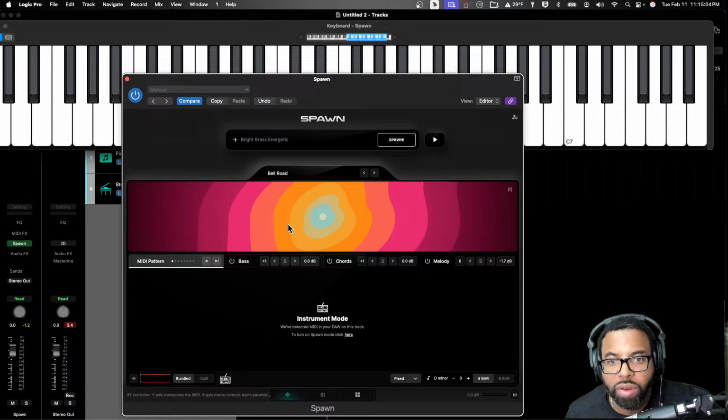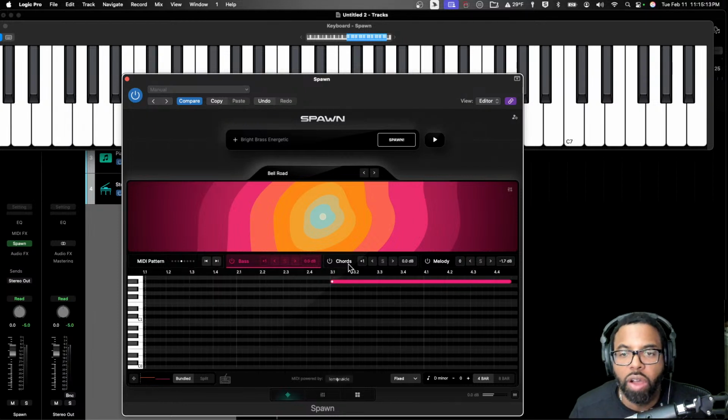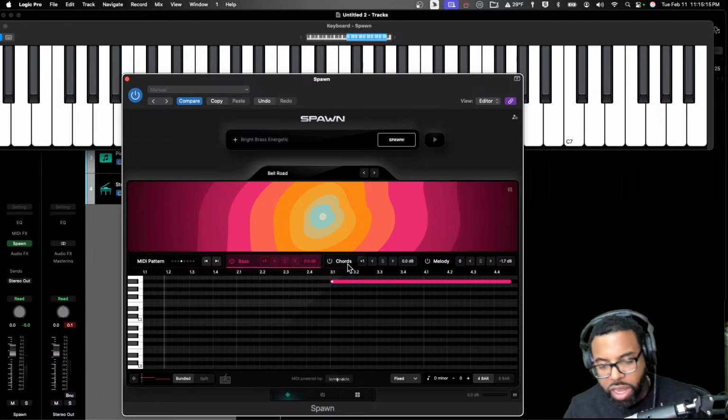I'm not seeing patterns. Let me go to pattern here. So we're in instrument mode. Turn on Spawn, click here. Okay, so if I start playing MIDI,